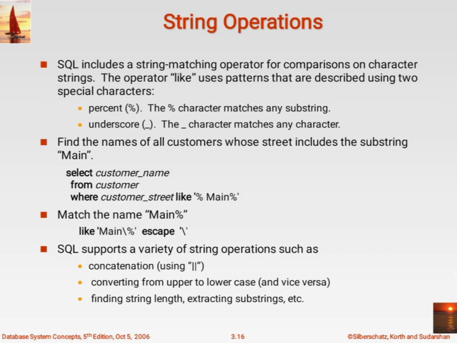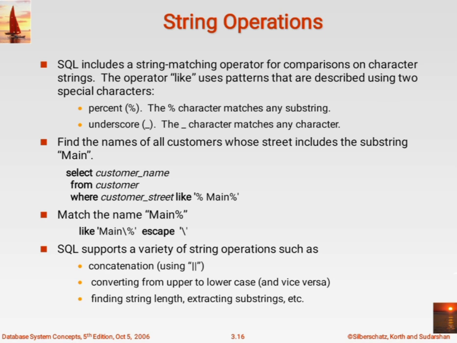Then these string operations. There are different string operations. One is percent. Percent is used for matching a substring, or part of the string, and underscore is used for matching a single character. For example, if I want to match main as a substring in any of the tuples,